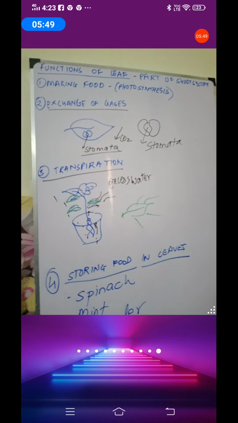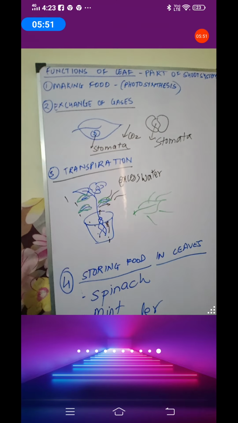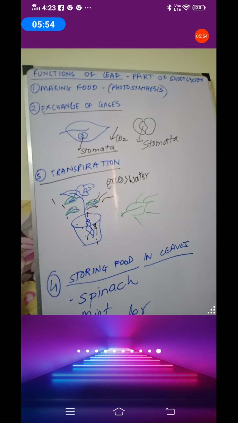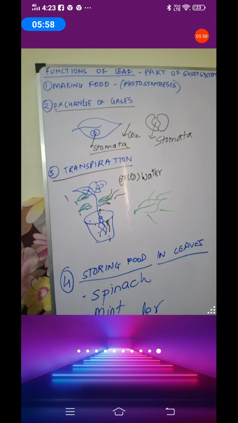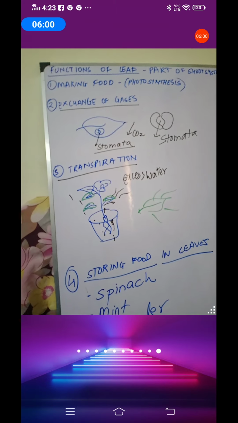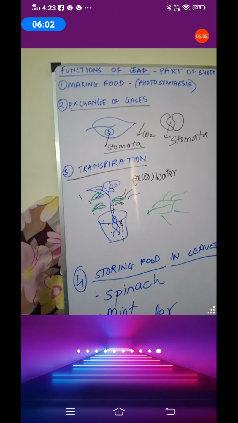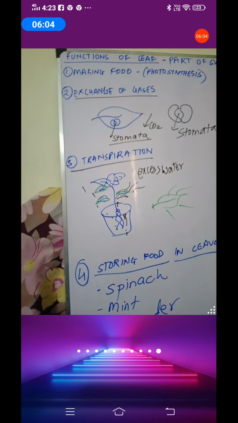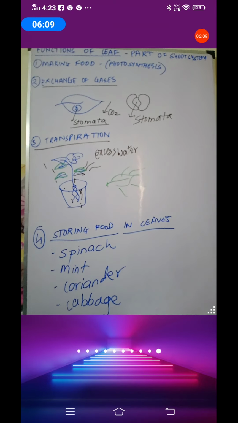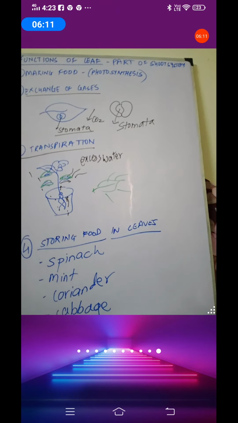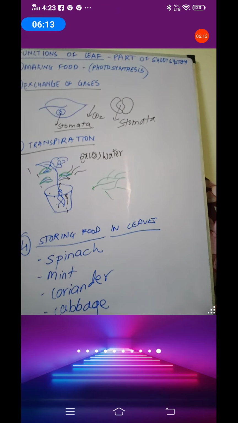By the way, is the leaf a part of the root system or the shoot system? It is part of the shoot system. So what are the parts of the shoot system? Stem, leaf, flower, fruit and seed. Which is the main part of the shoot system? Stem. Stem is the main part of the shoot system. Okay, keep these things in mind. We'll move on to the next topic now.